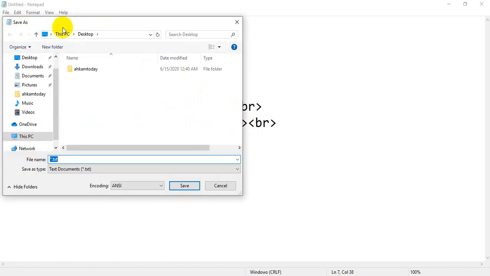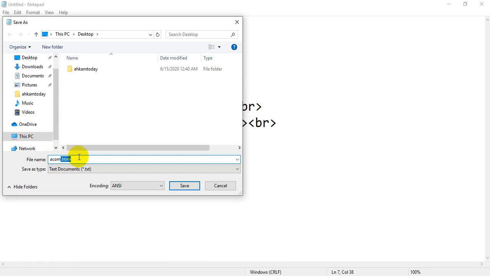The first time it will ask where you want to save. Right now desktop is selected, so I will save on desktop, and the name I can say autocomplete autofocus, so I will give it as ac.com.html. You can write any name, but the important thing is you have to write .html. It is compulsory because you are going to create an HTML page.